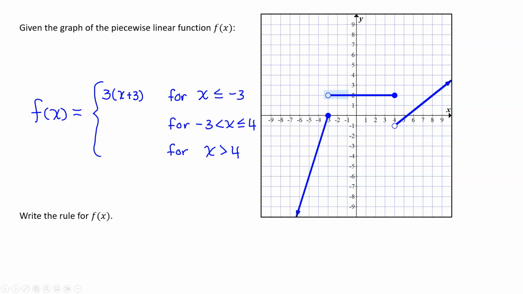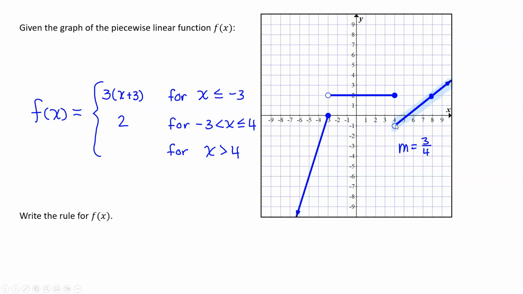Between negative 3 and 4, it's a constant. So you're just going to have the constant value of the y being 2 here. So just 2 is going to go here. And for this last segment, again, starting at 4, negative 1, even though it's an open dot, it is passing through that point. Though the linear pattern is, you want to see where the next well-defined point is. So following along, it's happening right about here. And so the slope, you're going up 3, right 4, so your slope is 3/4,